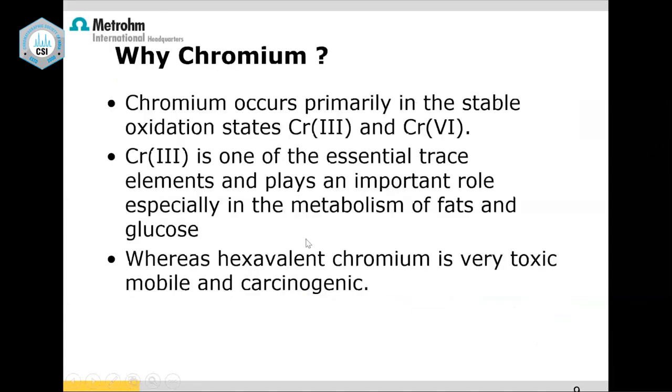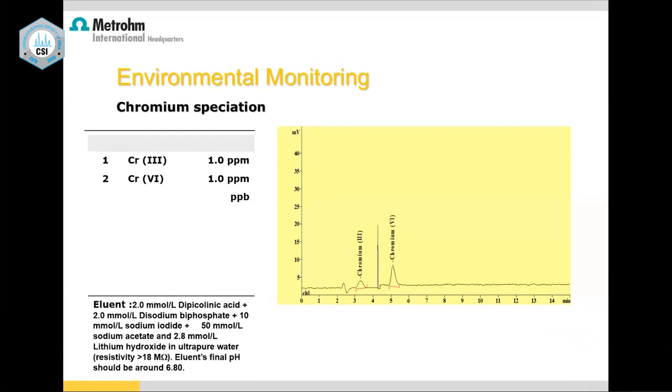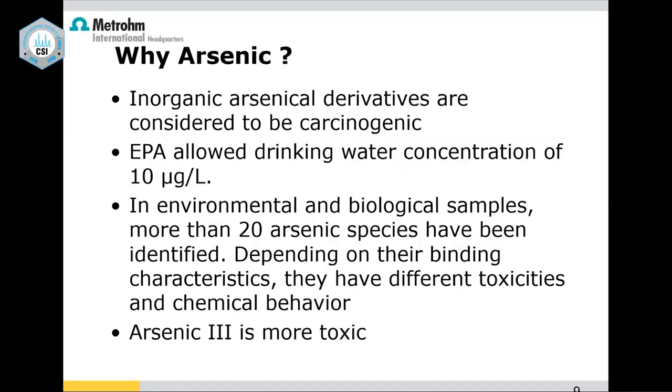Chromium, what is the importance? Hexavalent chromium is very toxic, mobile, and carcinogenic again. So we can do chromium analysis. Quite famous applications are chromium in tannery waste, and in toys. Then there are some labs working on soil remediation. To remove chromium, many people are working on nanofilters and nanomaterials projects for removal of chromium. Then we have chromium speciation, which can be done in a single run, chromium 3 and chromium 6. That is possible.